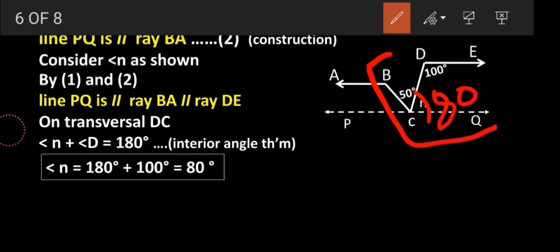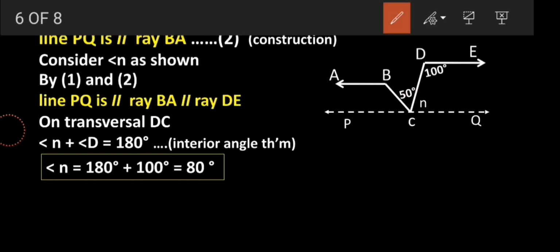BCQ is divided into two parts. One part is 50, another part is 80, and if I add these two I can get full angle BCQ, right? And this property is called the angle addition property because angle BCQ is divided into two parts. Okay, and once I find the BCQ, then ultimately I can write the same measurement for ABC by using the alternate angle property. So the sum is clear in our mind.